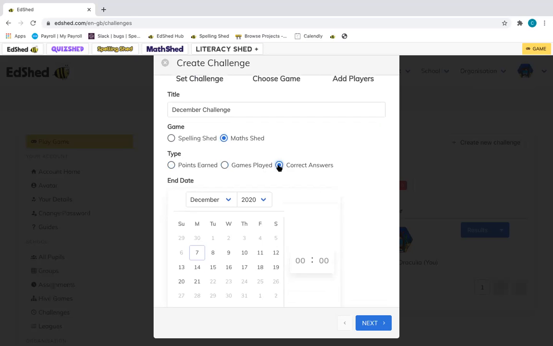Do you want to base it on the number of correct answers or the points that they've earned, which are then determined by whether they're doing easy, medium, difficult, or extreme? That's how they get more points, as well as getting correct answers. It's completely up to you, whether maybe you're wanting to motivate them to just use it more. So you want to do it for games played. When you want the challenge to end,